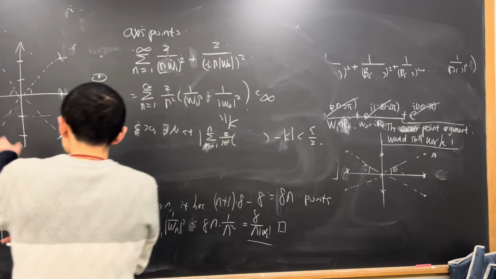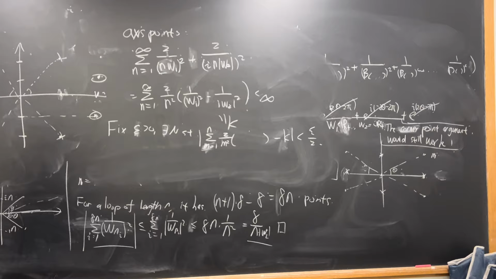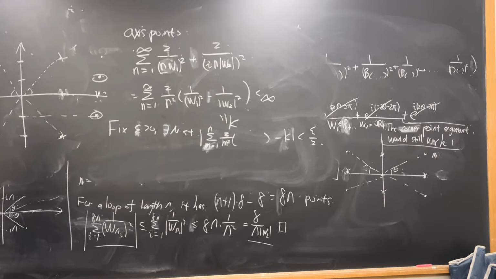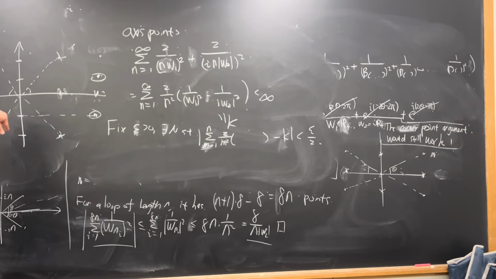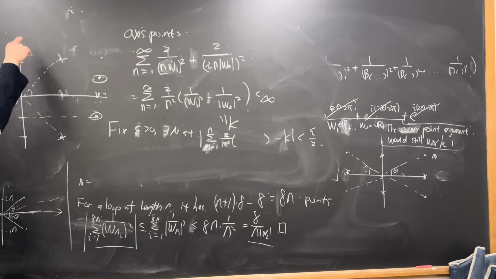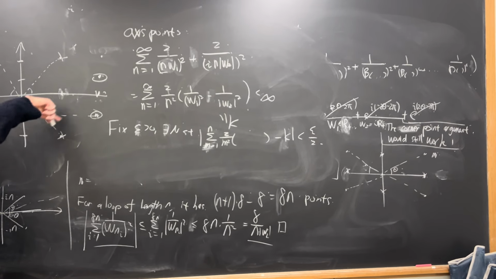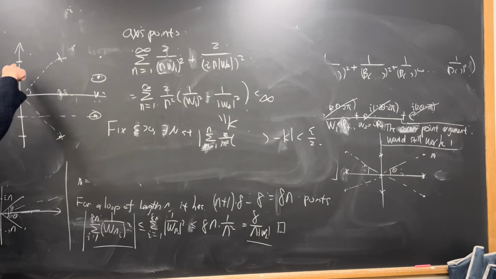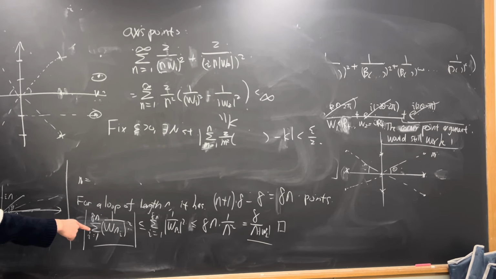If you fix a loop of length n, if you stop anywhere, and then I start to take the sum, then this argument is saying that